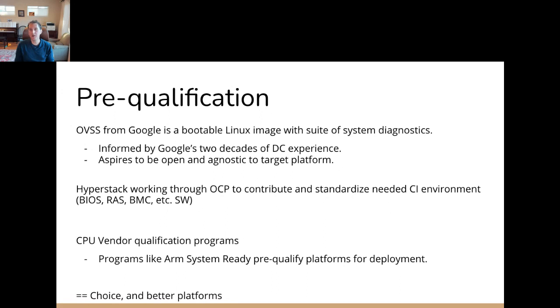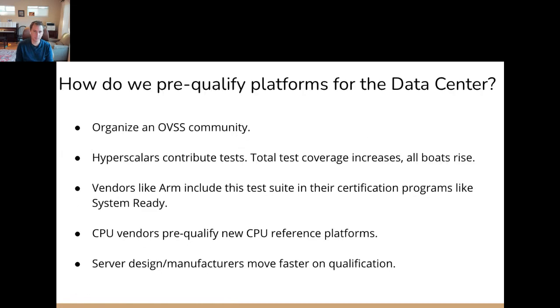And if they surface a bug, they can either compare against the reference platform and say that they've reproduced it on the CPU and work with the CPU vendor to find a fix, or they can see that the CPU vendor's reference platform does not exhibit the bug and they know that they've got a bug with their product and they're able to work with the community to find a fix. This ultimately, hopefully, will drive more choice in terms of server platforms, and that's better for the community. More choice will create more competition and it will accelerate the community's velocity.